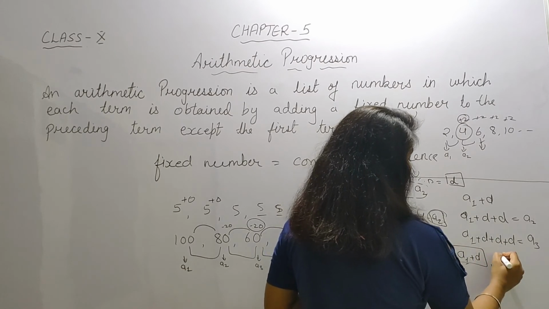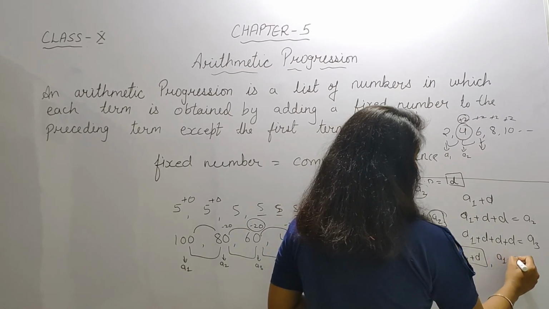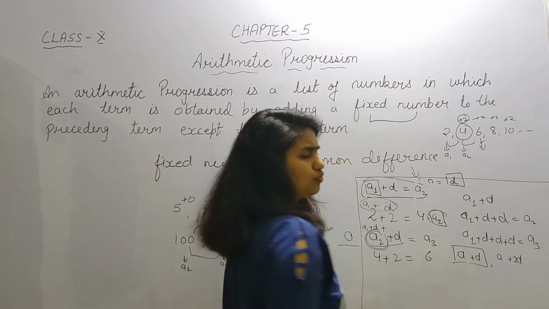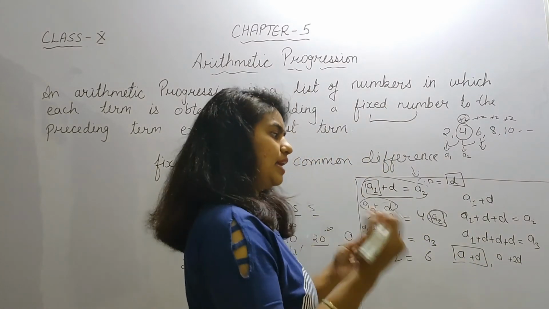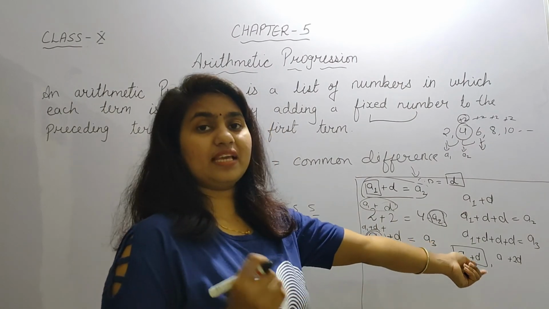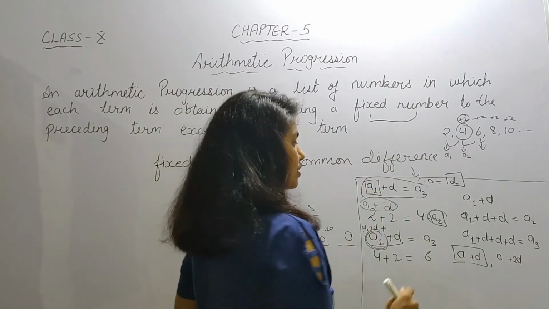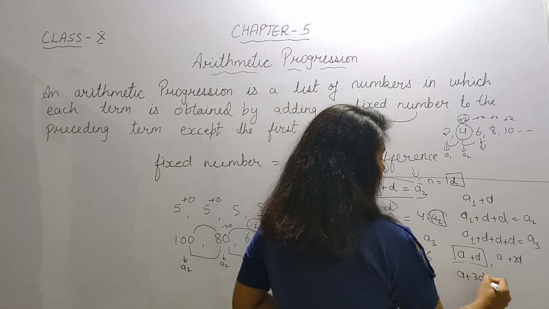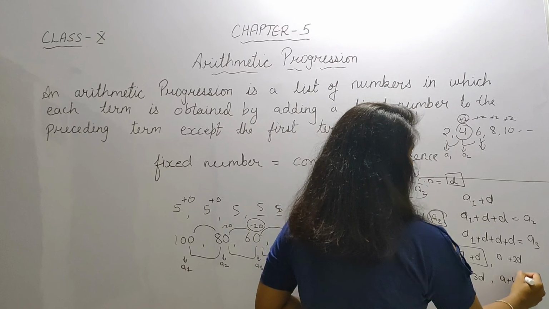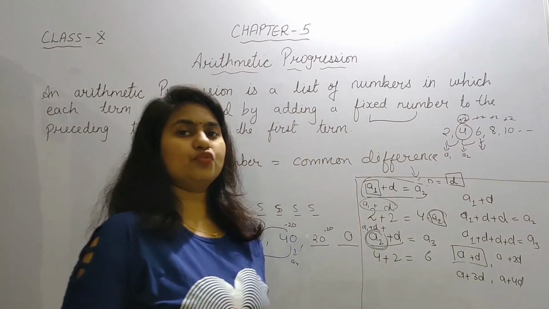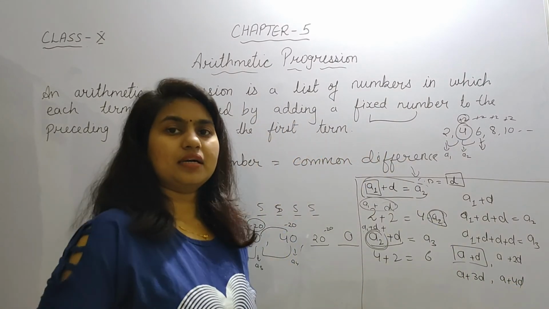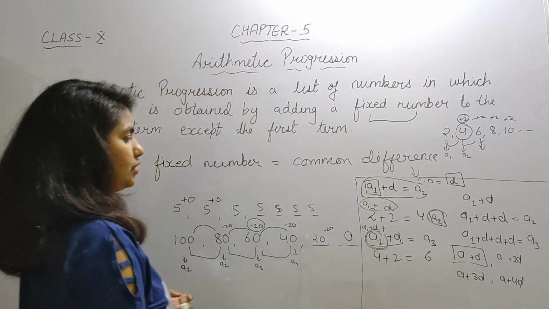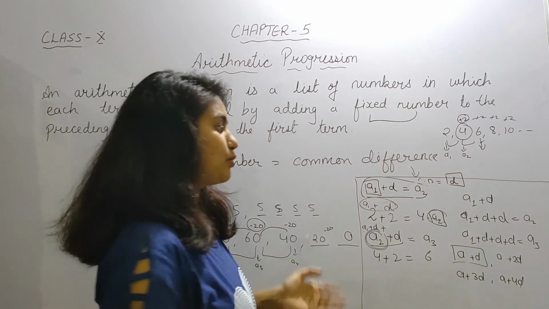Next, A1 plus 2D. If you don't want to write A1, just write A, since we have A as the first term. So A plus D, A plus 2D, A plus 3D, A plus 4D. In this manner you will find the coming terms. So this is all about arithmetic progression, or rather, not all about it, but